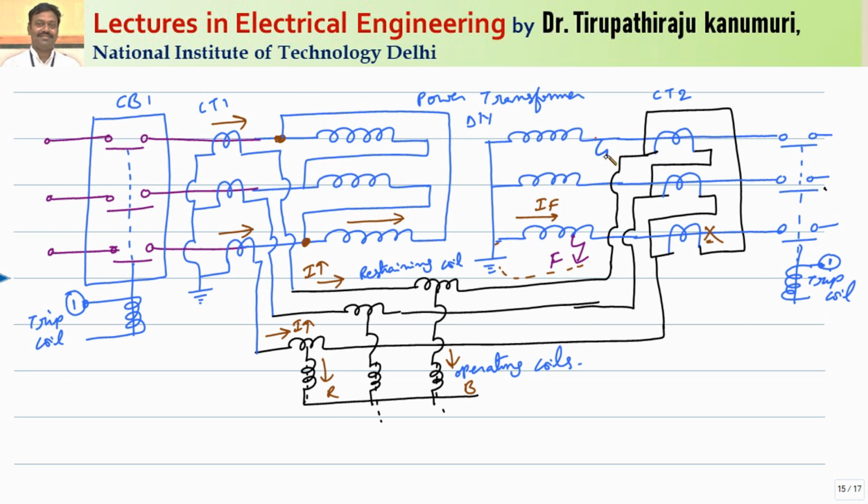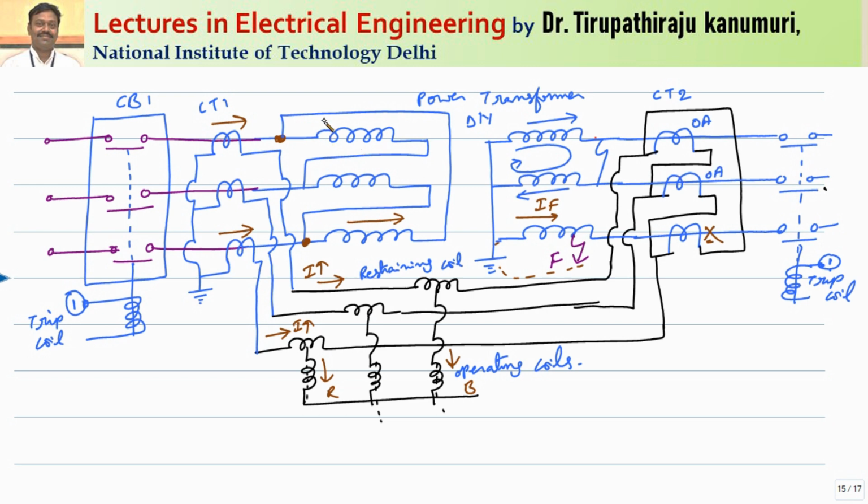So a phase fault has happened between these two. Whenever the phase fault happens between these two, the circulating current will be there. That means the circulating current will pass through this phase in this way, and in this phase it is passing in the opposite direction, and this current is not passing through your CT. That means the current passing through this CT will be equal to 0 amperes, and the current passing through this CT is equal to 0 amperes.